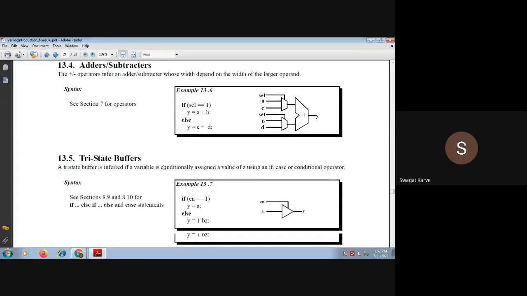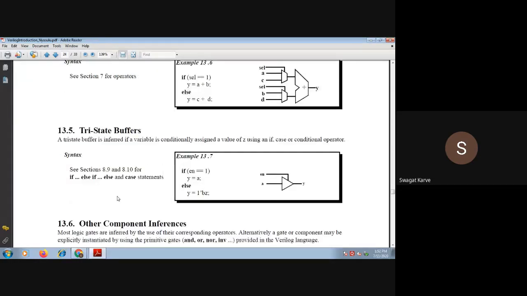Now again, the same tri-state buffers you can also write in VHDL. How to write? Again I will repeat. Okay, here I am just explaining the coding logic, how to write the code or how to write the logic. But for the previous part, you have to write the modules, you have to write the input output ports, right? In Verilog also, anywhere you have to declare the input output ports. Input output declaration is very important, whether you use VHDL or Verilog, doesn't matter. But for simplicity, I am just explaining the coding logic here.